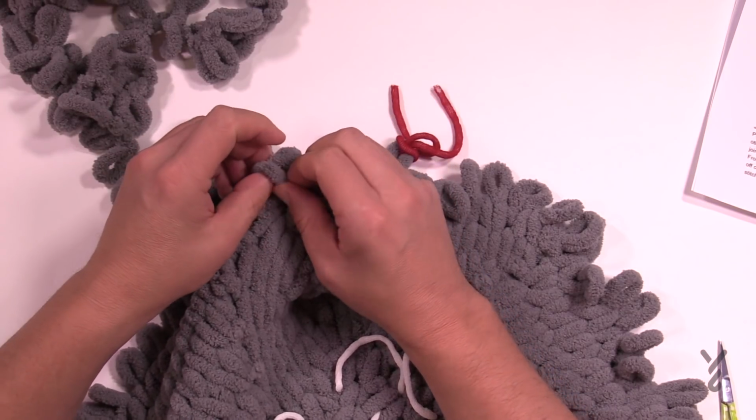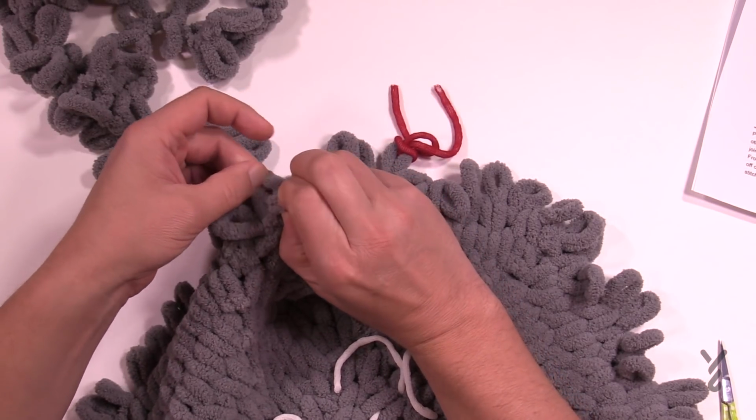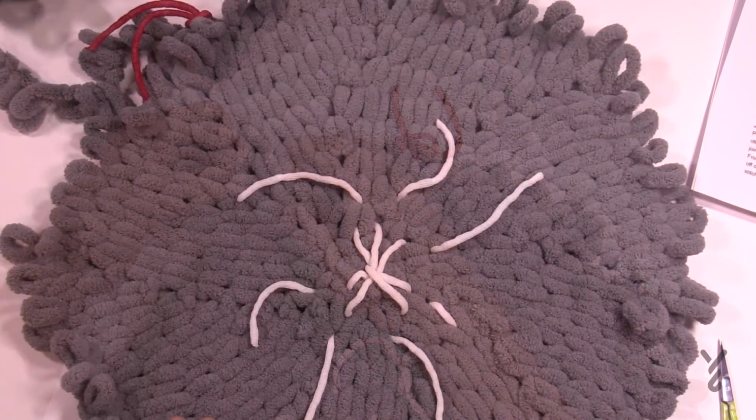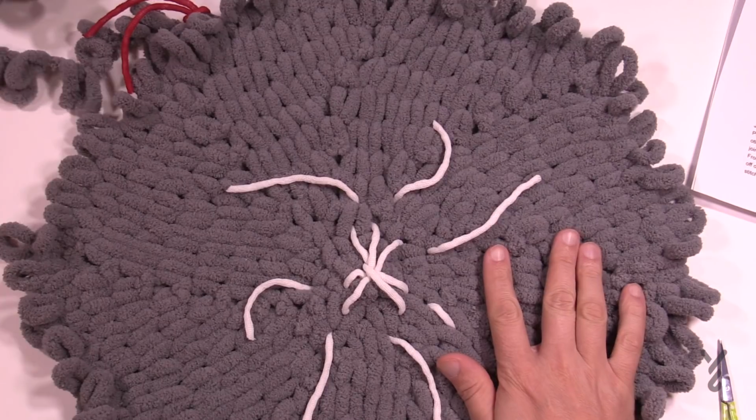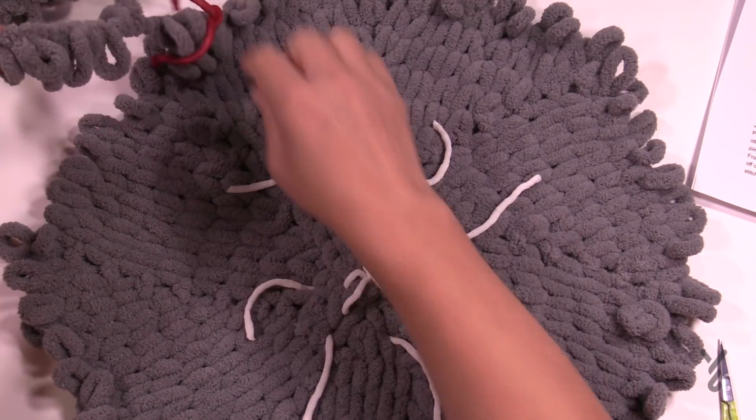Please join me at the end of this round. We'll have further instructions on what to do because this is your last round. So now I'm all the way complete. I have my 10 rounds, and so you want to just cut your yarn several loops away from the very